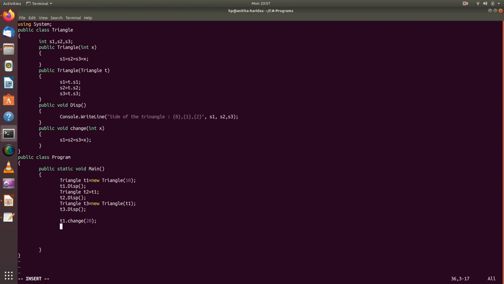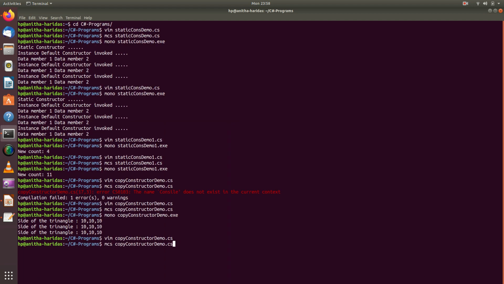Now again I am going to display T1, T2, T3, all the three objects I am going to display now, right? Let us see how the values are getting changed. Compile your program, there is an error.